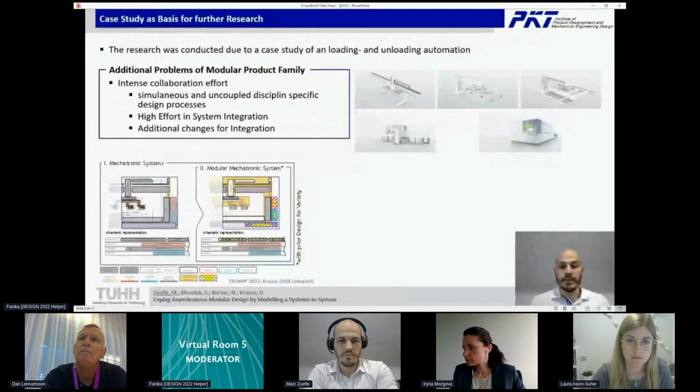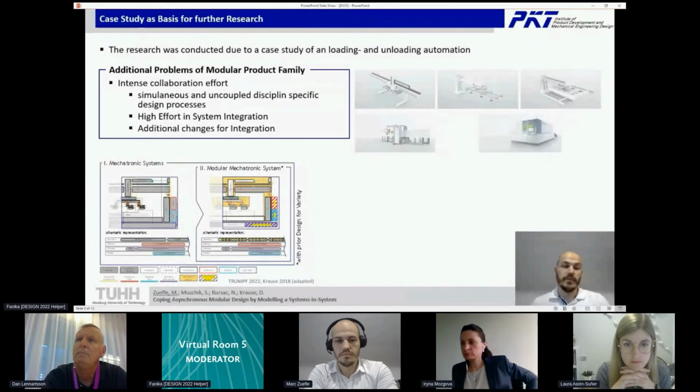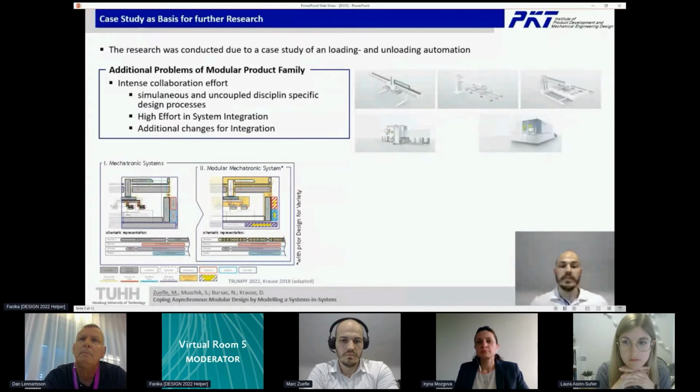And there's a simultaneous and uncoupled discipline-specific design process with a high effort in system integration. You need additional changes for integration so that the system fits and can be validated.